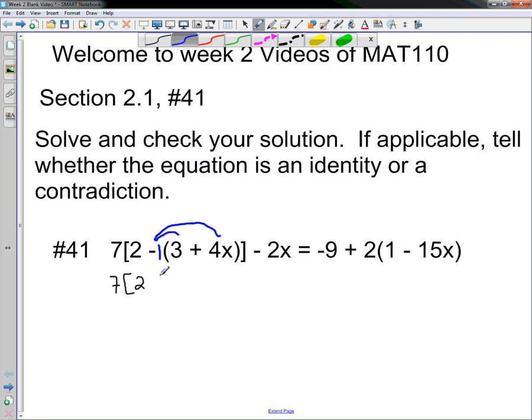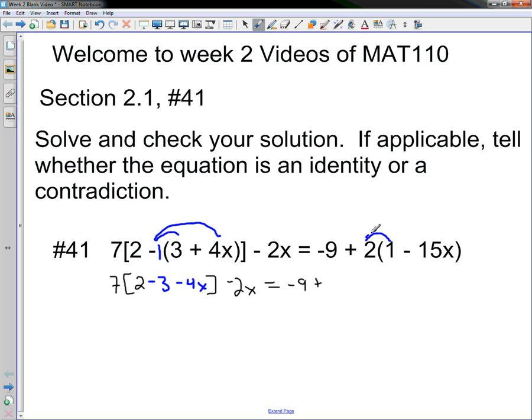Negative 1 times 3 is negative 3. Negative 1 times positive 4x is negative 4x. Close my bracket. Minus 2x equals negative 9 plus, now again we have parentheses over here, and we're distributing